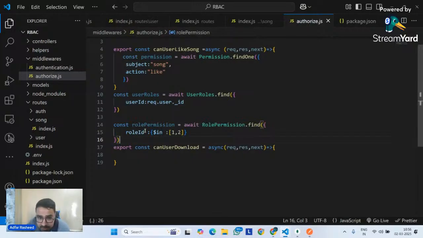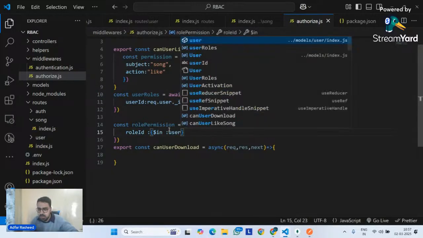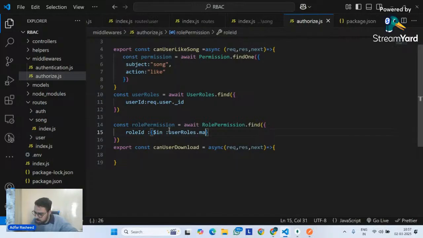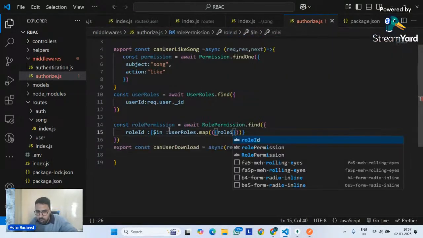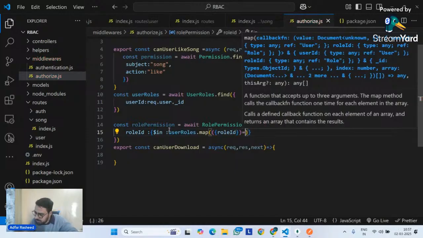This means give me those documents of role permissions where role ID is either 1 or 2. That's it. But we are not looking for either 1 or 2. We are simply trying to understand that role ID should be the role IDs of the user who is logged in. So what will I do? I will simply say userRoles.map. From here, simply go there and extract role ID only like this, and then ask it to return role IDs